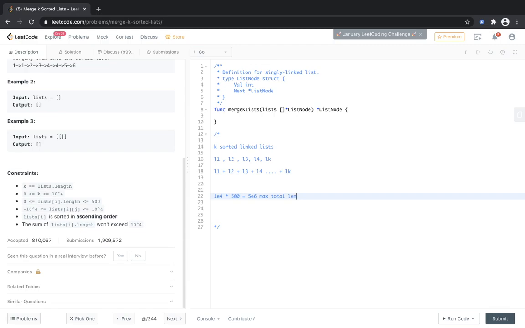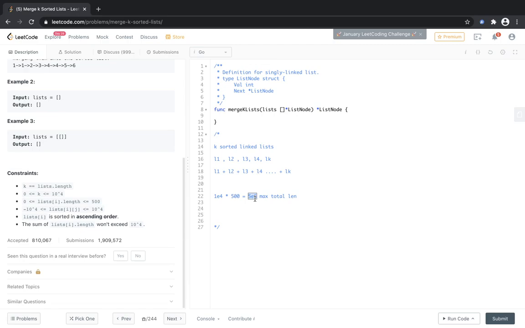Since we have to merge all these numbers into one final linked list, the complexity should be O(n), or at most n log n. So what is the brute force?